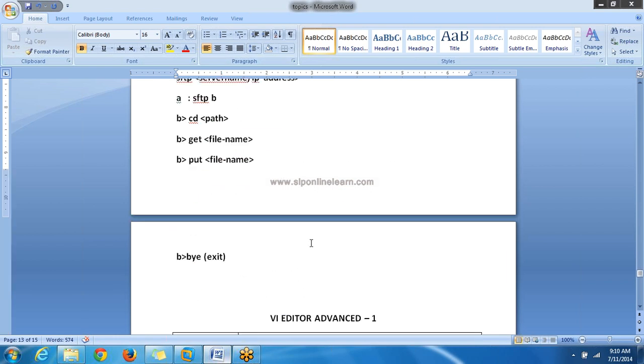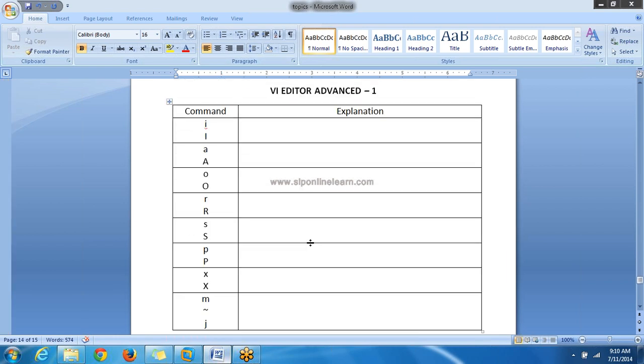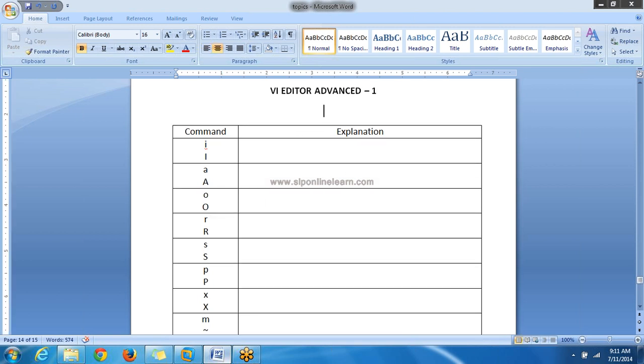Today we'll continue with a new topic, that is the VI editor, some advanced topics. In the earlier sessions we discussed the VI editor, how to create a file using it, and how to do some editing operations. In this session we'll see some more advanced commands. The VI editor is a text editor in the Unix operating system.